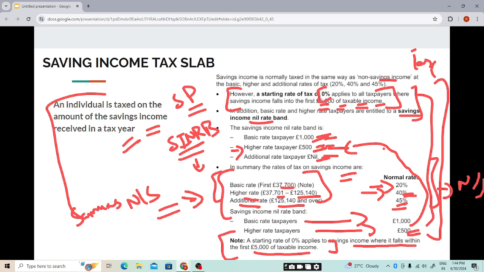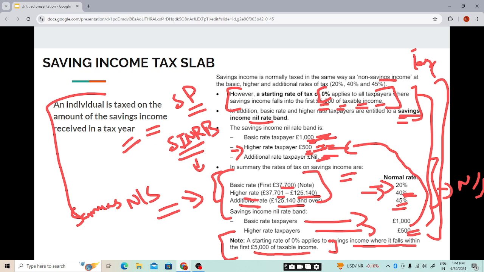Then we need to see whether any nil rate band is available. Nil rate band for a basic rate taxpayer is £1,000, for higher rate it is £500. How will we determine whether he is a basic rate or higher rate taxpayer? We need to see in which tax band his total taxable income is falling. If his total taxable income is falling within the basic rate band, he will be getting a nil rate